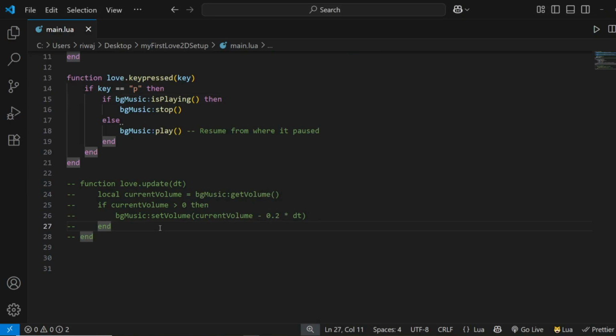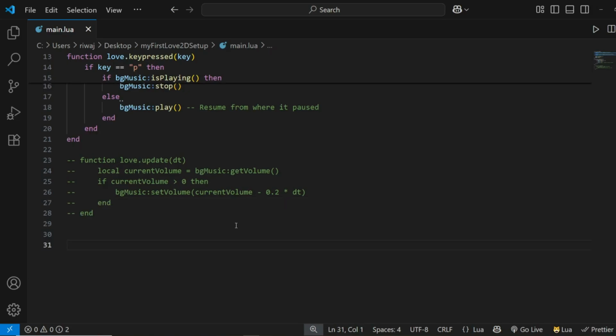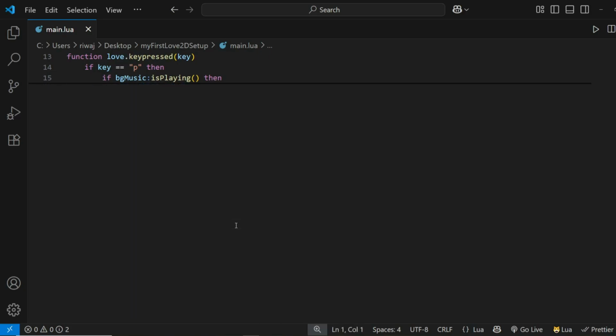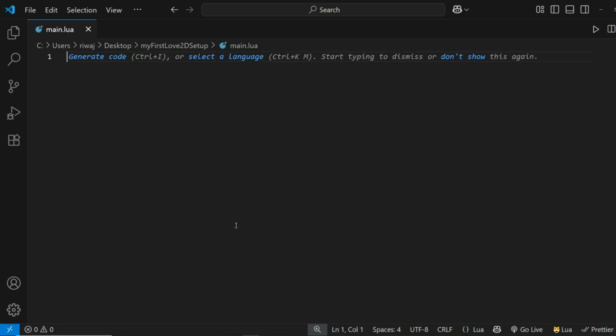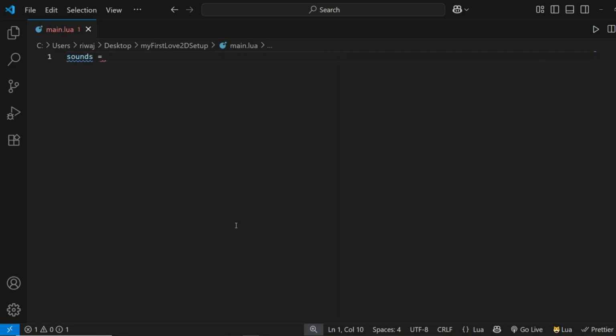Now after that, let's learn about how to manage multiple sounds. As your game grows, managing sounds individually gets messy. A better way is to create a sound manager. And for creating a sound manager, I'll start from scratch. So first of all, I'll create a sounds table. Now you can do this inside love.load as well, but since I'm only displaying a few sounds, I'll just use a table outside love.load. So blip equals